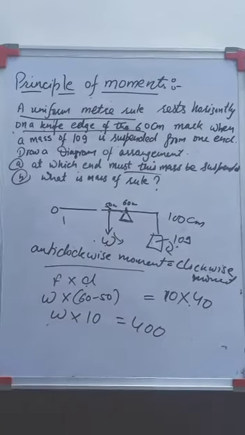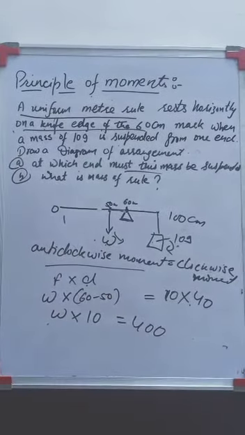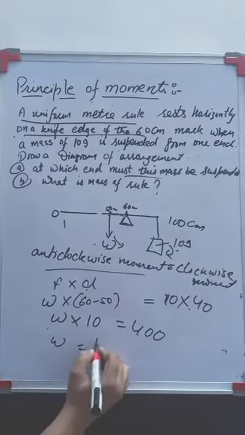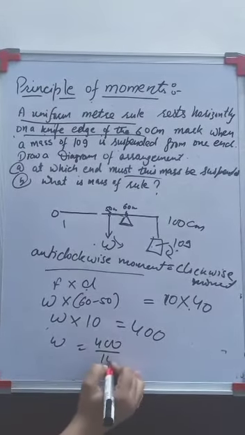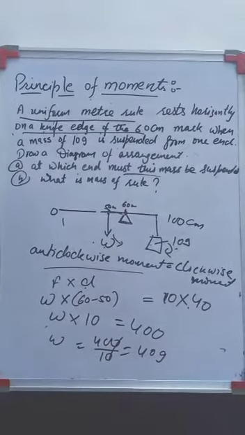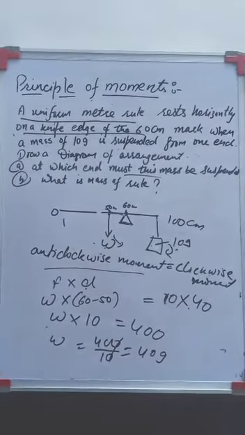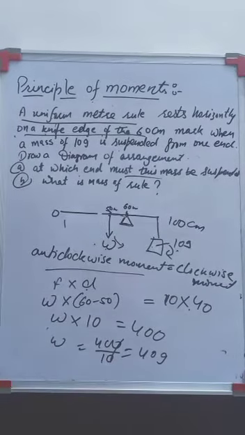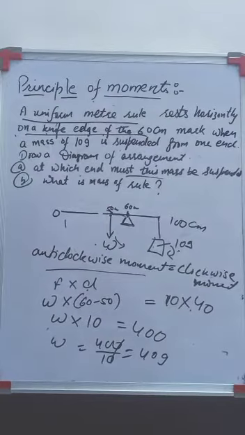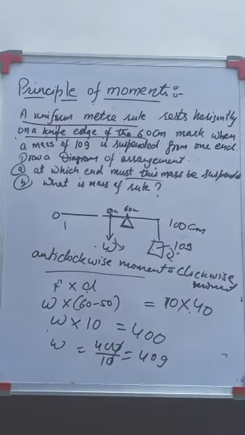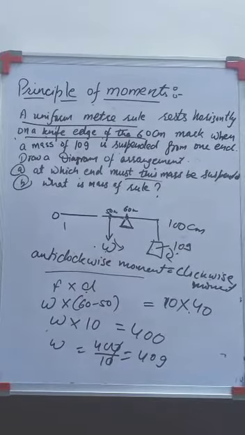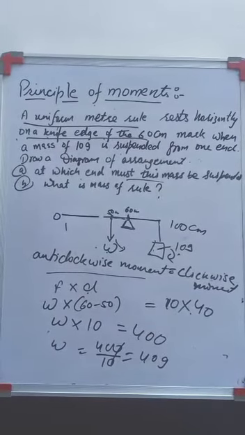We are comparing the similar things, right? That's why. So over here, what will be the weight? Weight will be 400 upon 10. So it will be how much? 40 gram, right? So in this way, we will calculate the weight. So from here, we get to know the weight of the scale is 40 gram. I am going to take another example also, so that the content must get clear.